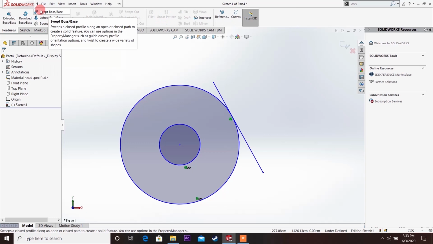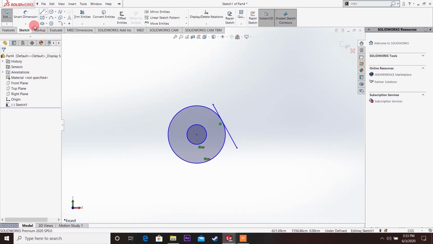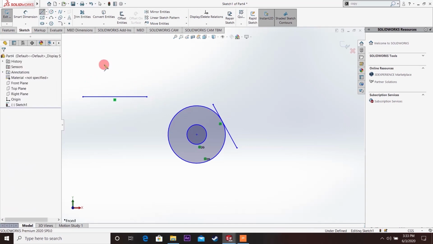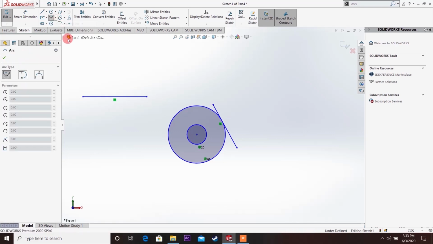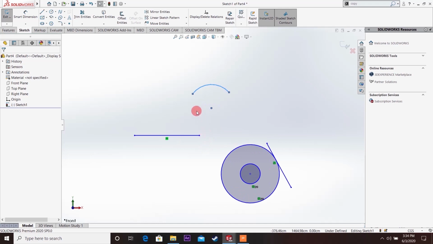Then we have the equal curve length relation. For this we need a line and a curve. So I've got a line and a curve, and this relation makes the length of these two entities equal.